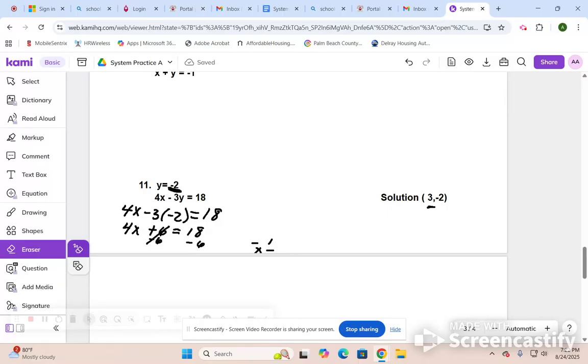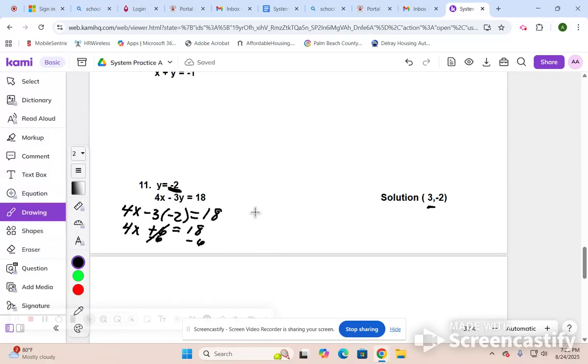Let me just fix this so it's a lot neater so that you can read it. So we had 4x equals 12. Divide both sides by 4. x equals 3. So our solution is 3 comma negative 2. We don't have to solve for y because it's already solved for y. And this ends this short video on solving